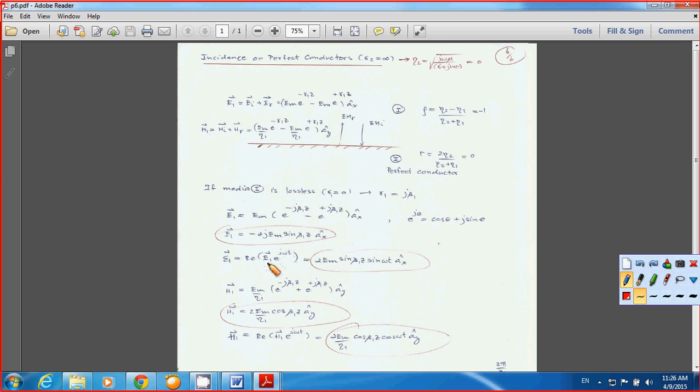When your E1 is the complex number here, you pick up the real part of the complex number times e to the j omega t, which is the j sine omega t. So that's why you have the term sine omega t here multiplied by the term of sine beta 1 z,